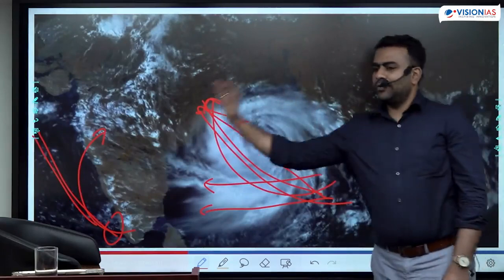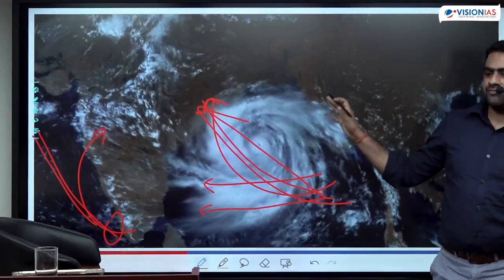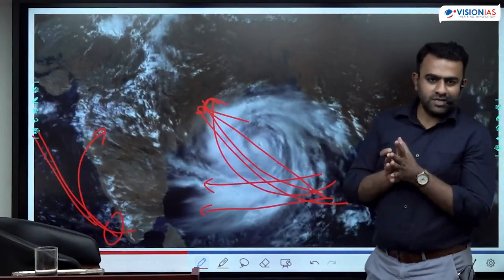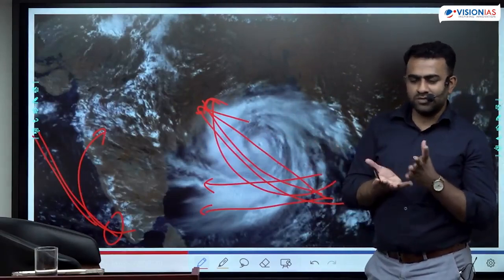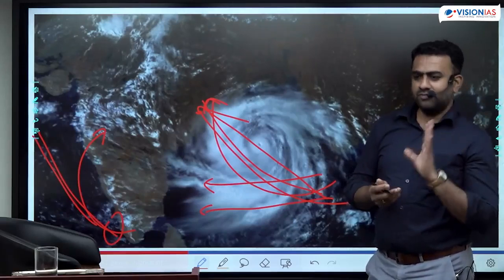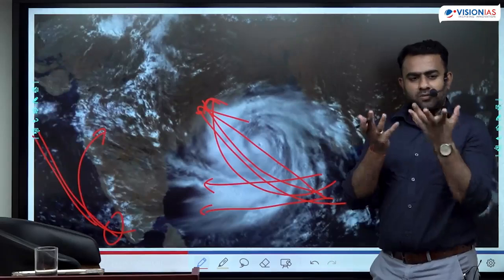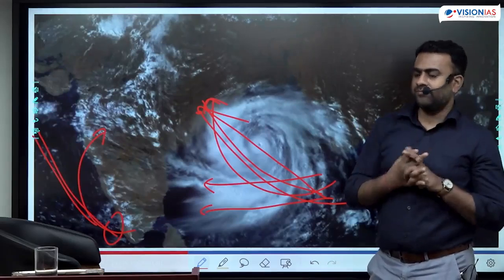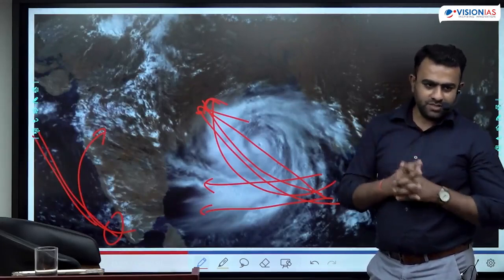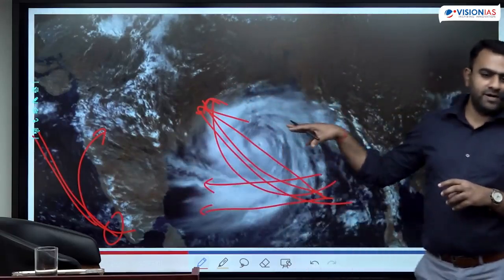And as long as it is moving over the water surface, it survives on the warm water surface. If it enters a land which is a very big area, as it encounters the land, the source of convection is cut off. What is the source of convection? The warm water. Once the warm water is gone, convection goes down, then the cloud starts to become weaker. Whatever was there will come down as rain, then it will disperse. Okay? It becomes dispersed. The entire system dissipates.